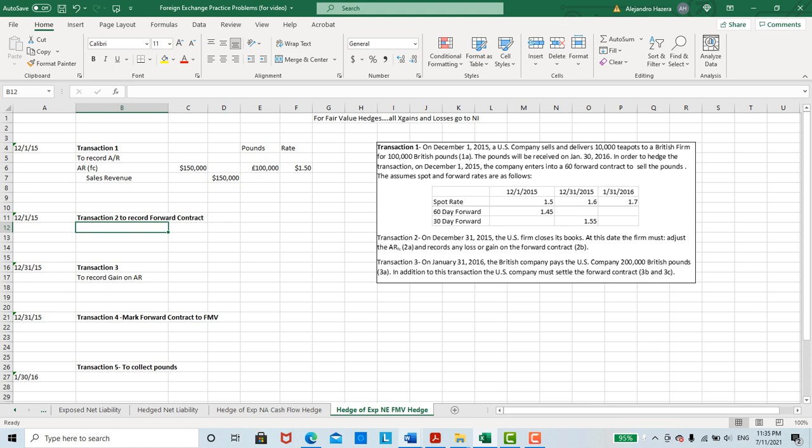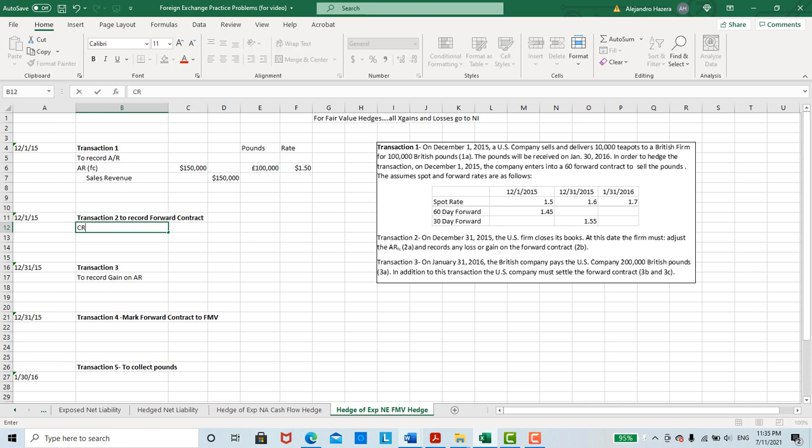Now we're going to just mark it to market, and it should generally go in the opposite direction. With exchange rates moving as expected, it should go in the opposite direction. It won't cancel the whole thing because we're going to discount it, but it should go in the opposite direction of the receivable. You have to get a little bit into the theory of derivatives there. So we're going to record the forward contract, and then we're going to have